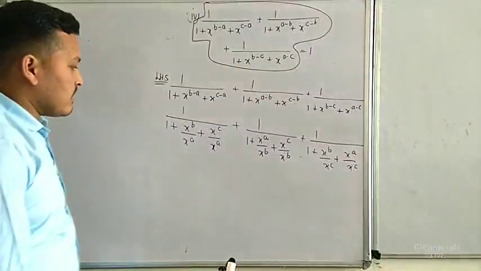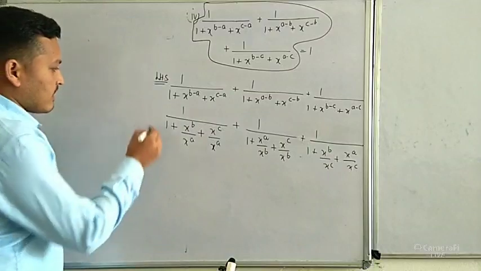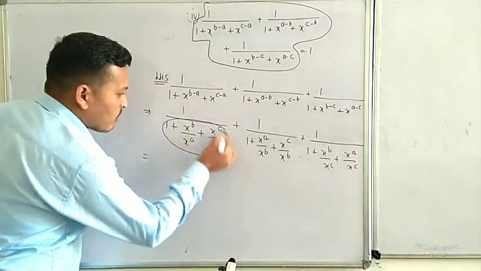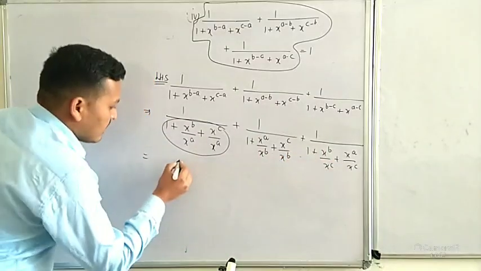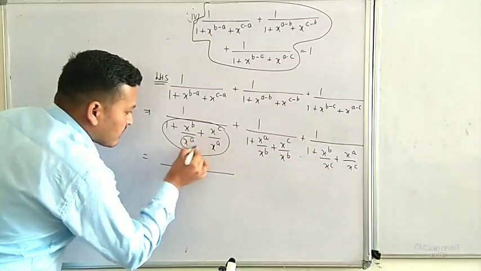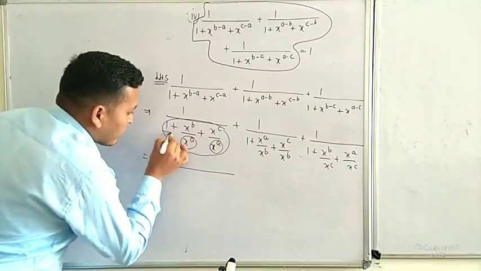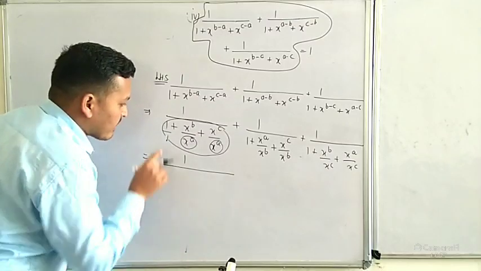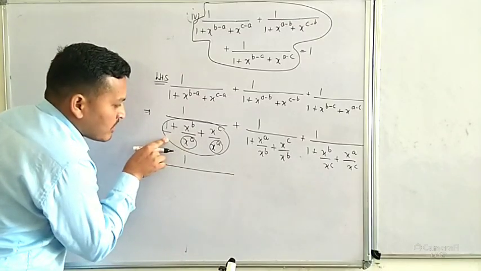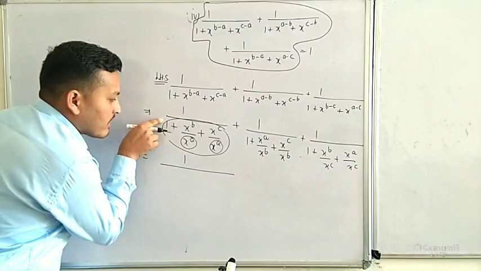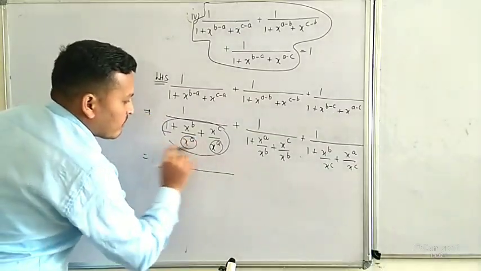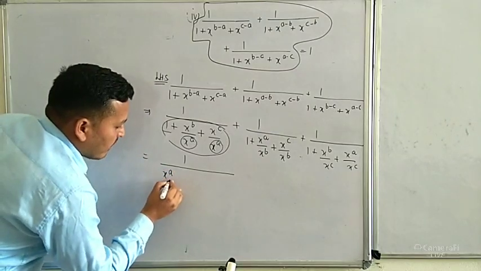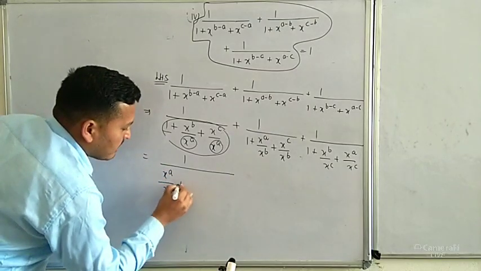क्या बेनिफिट हुआ, अब हम लोग यहाँ पे एलसीएम लेके चल सकते हैं, तो what will be the LCM in the denominator, सिर्फ इस वाले पार्ट को एलसीएम लो, same in here and same in the last part, 1 upon x to the power a, x to the power a, but here is nothing, means it is the 1, तो we have to make the same LCM, मतलब same denominator, तो यहाँ पे किससे मल्टीप्लाई करोगे, x to the power a, similarly multiply in the numerator x to the power a, then denominator will be same, or we can take the LCM, तो x to the power a upon x to the power a